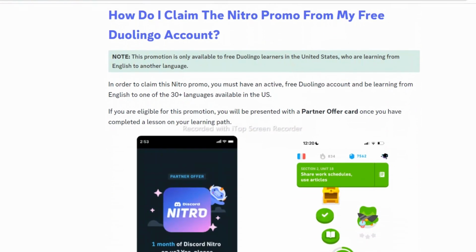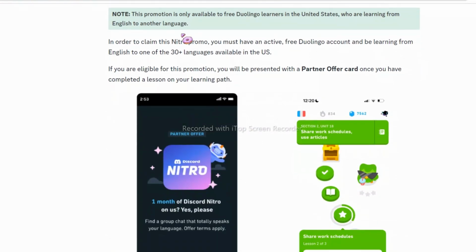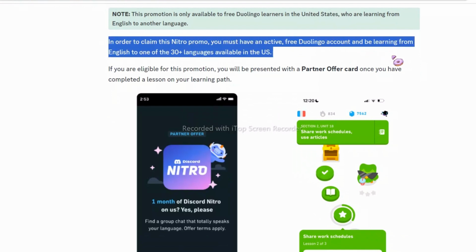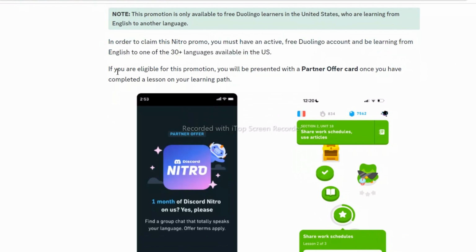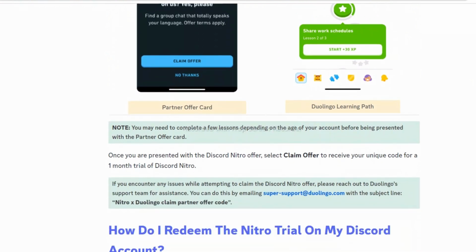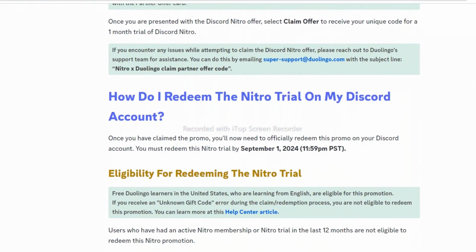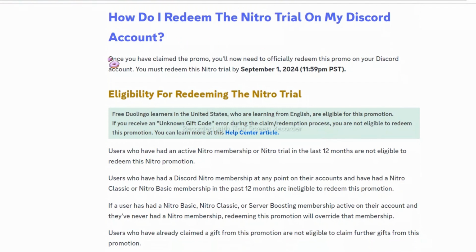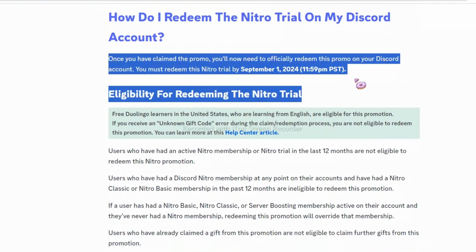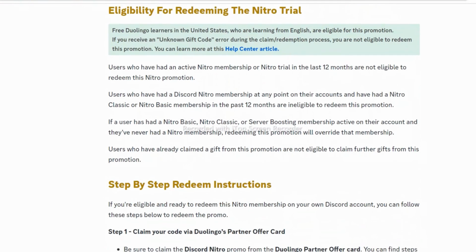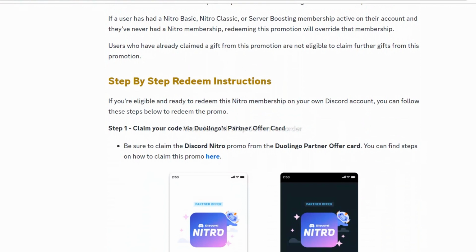Redeem the code on Discord. Open the Discord app and log into your account. You'll see a message prompting you to claim your gift. Make sure you're logged into the correct account you want the Nitro on. Review and confirm. You'll see the details of the offer. Review it and confirm that your payment information is accurate. You won't be charged until the trial ends. Enjoy your free month. Once you confirm, your Nitro membership will be activated, and you can enjoy all its benefits